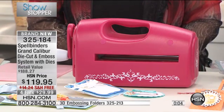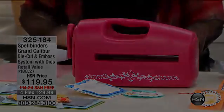Now, here's what we also have available for you. These are the shape dies, and you're